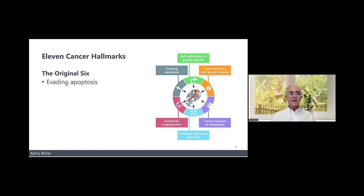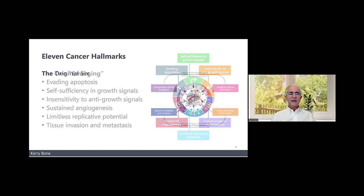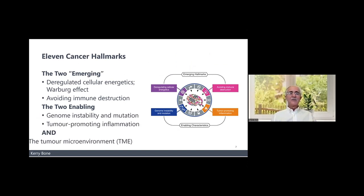The original 6, the 2 emerging, and the 2 enabling, and the tumor microenvironment. So there was an interesting project called the Halifax project that I might do something on at some stage in the future,